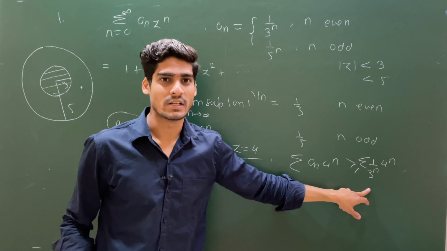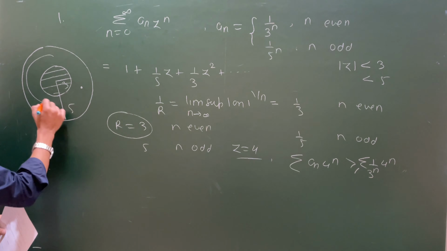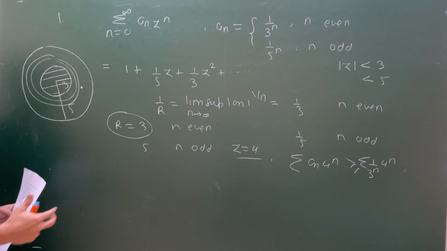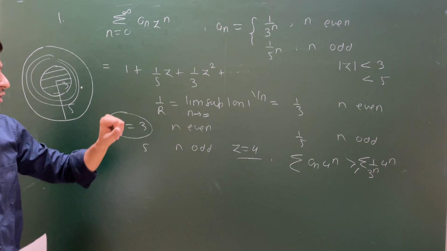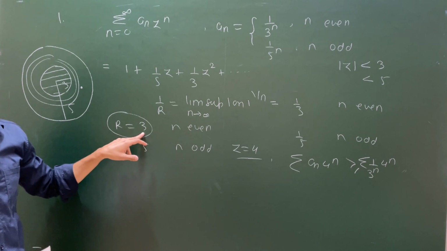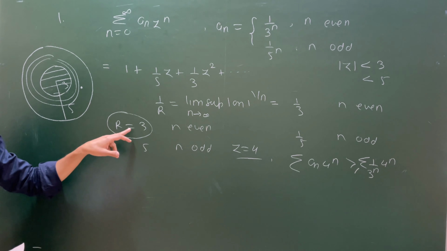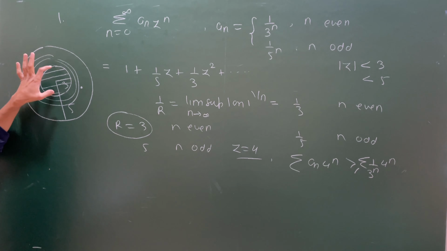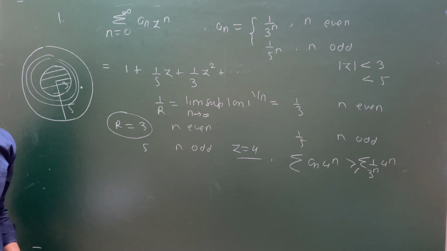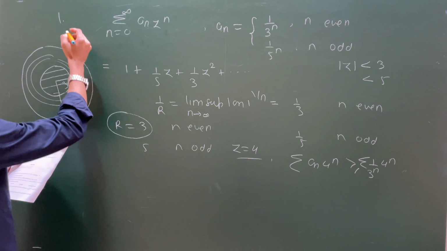This is not convergent. So if you take any point in the annular region, in this region or in this region, you will get that this series is not convergent. So the best possibility for the radius of convergence is 3. And you can easily observe that if you choose your r to be 3, that means if you take the inner region of this smaller circle, then the series converges very nicely. So the radius of convergence in this scenario is 3.